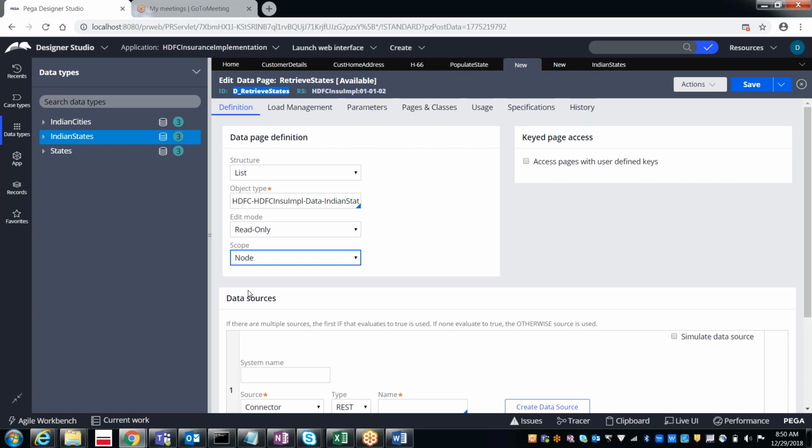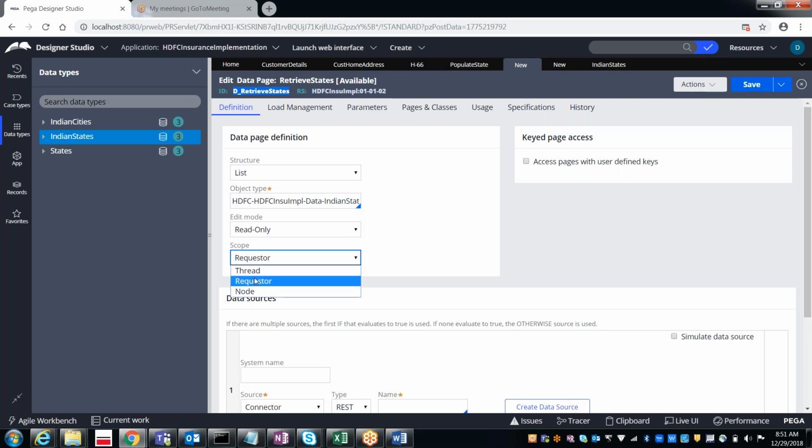If you want to give access to multiple operators in the server, then you need to select node. If you want to give access only to one particular operator, then you can use requester.